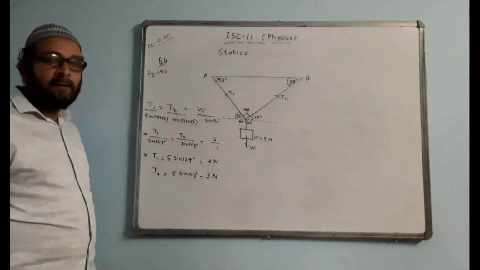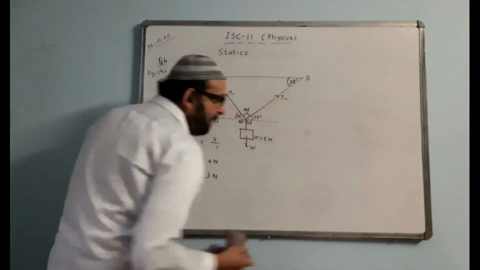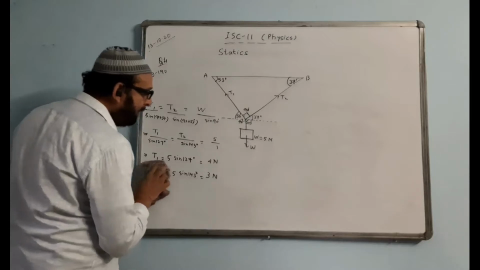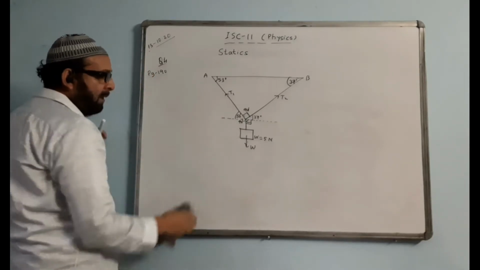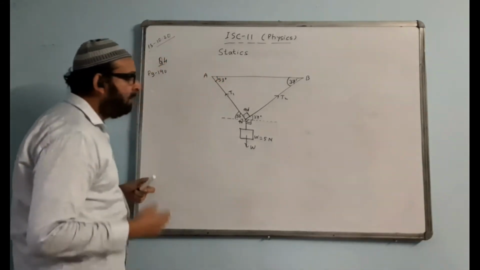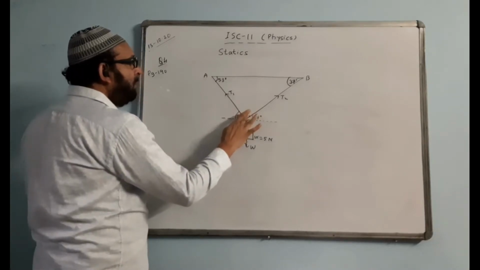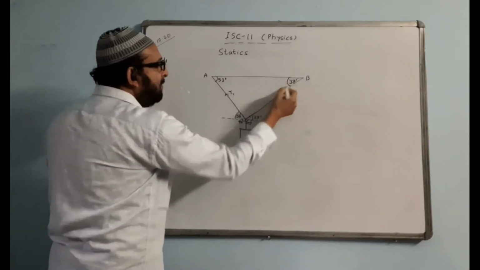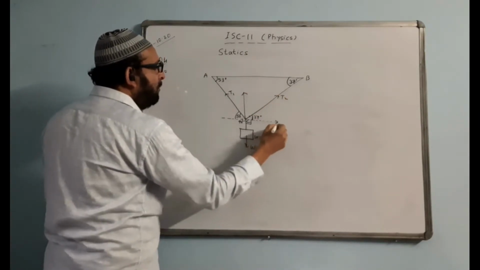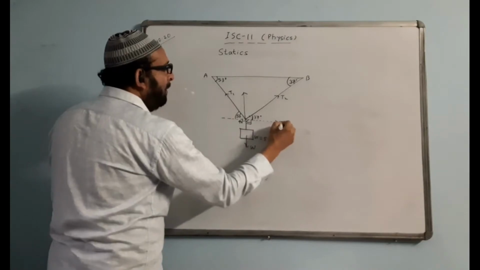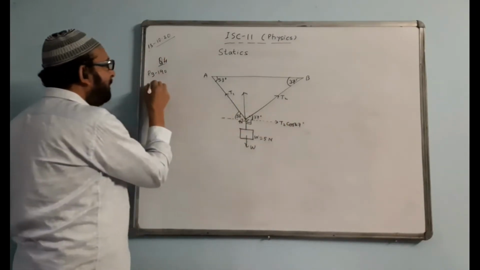So this is the way we have to do this problem. If you apply the component method, that we can also do, but it will be a bit lengthy and it will take a longer time. How can we do it by the component method? If you want to see the component method, you can see. This is 37, so this angle is 37, alternate angle. We break T2 into two components, horizontal and vertical. This will come T2 cos 37. This is the second method actually.